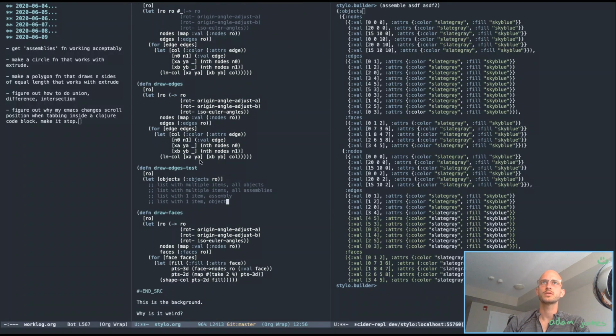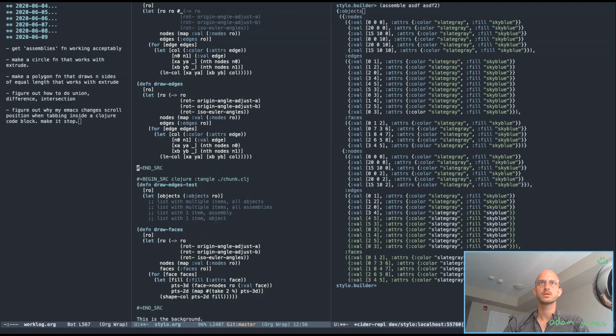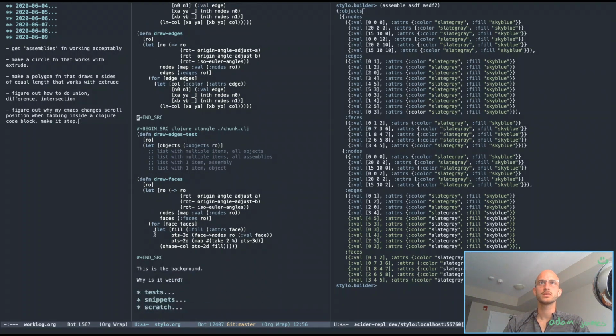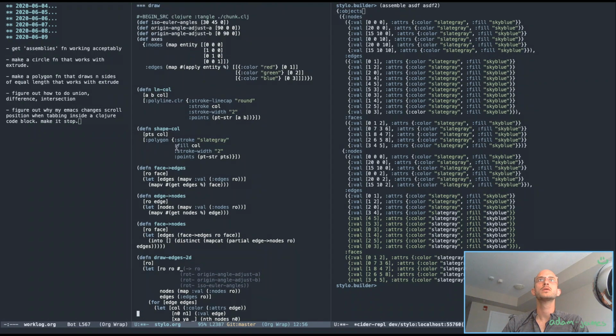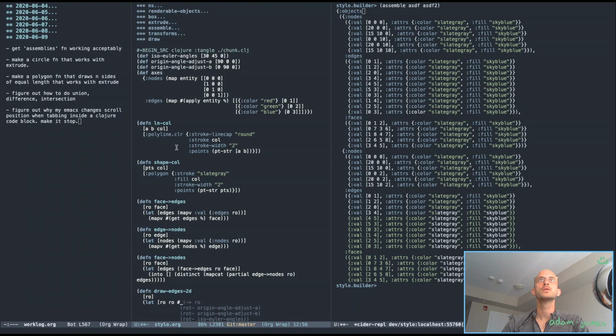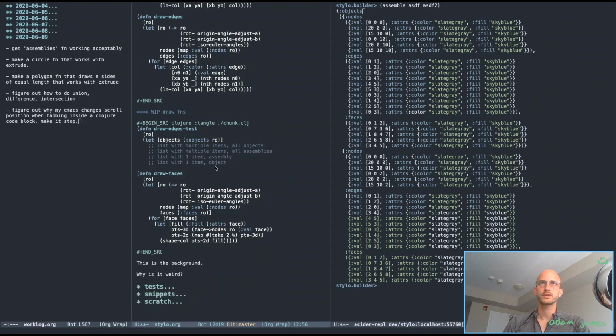Okay, so actually here, let me do this. Work in progress, draw functions. Yeah, so okay,